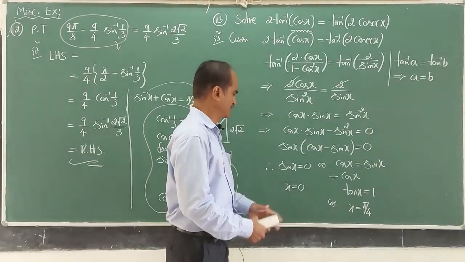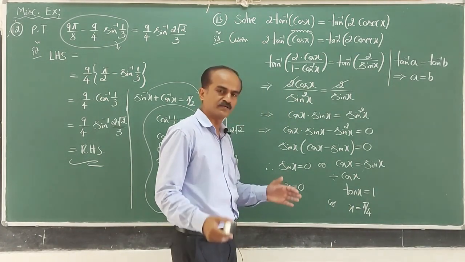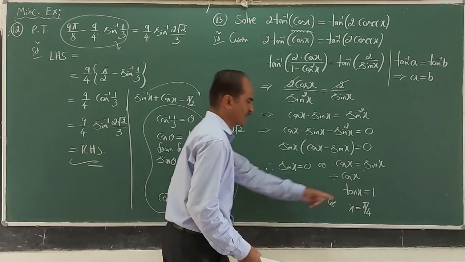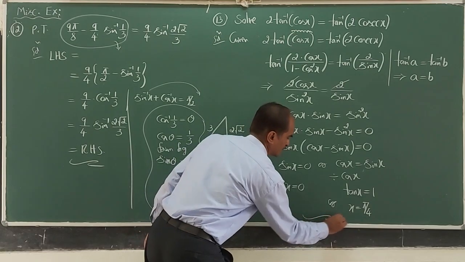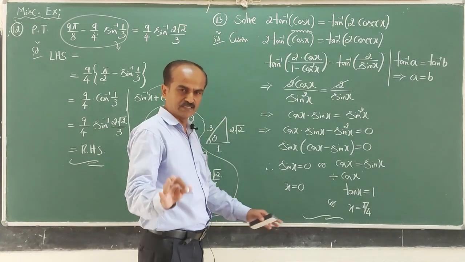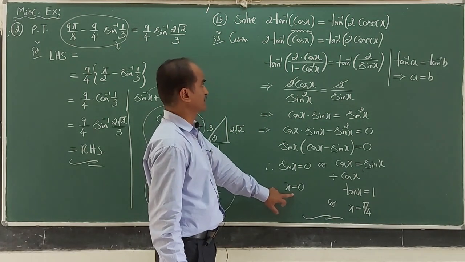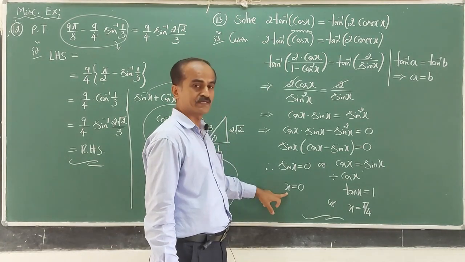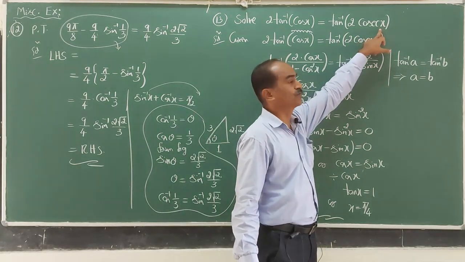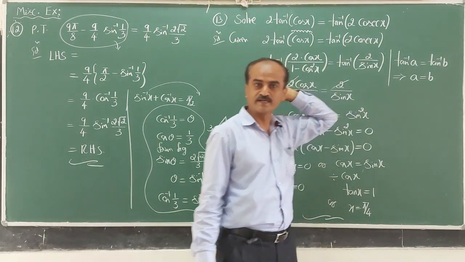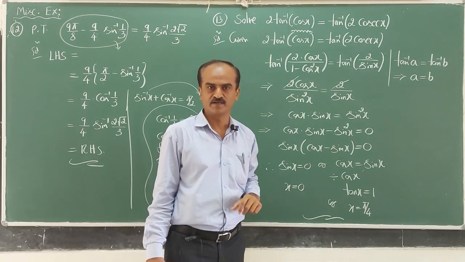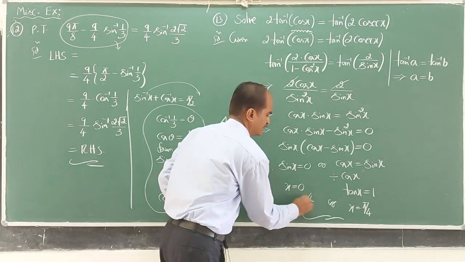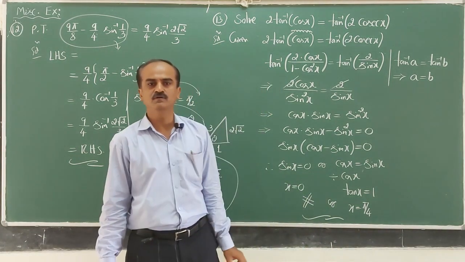Try to see that these values of x that you are writing should be in the principal branch. Now x equal to 0 or x equal to pi by 4. These are the possible values of x. In specific, if I substitute x equal to 0, check whether it satisfies or not. It is not going to satisfy because here I get cosecant 0. What is cosecant 0? It is not defined. So therefore, x equal to 0 can be eliminated. We can take only x equal to pi by 4.